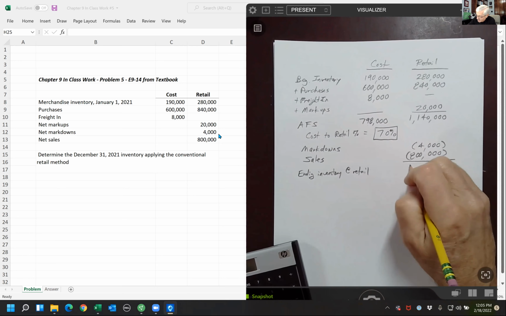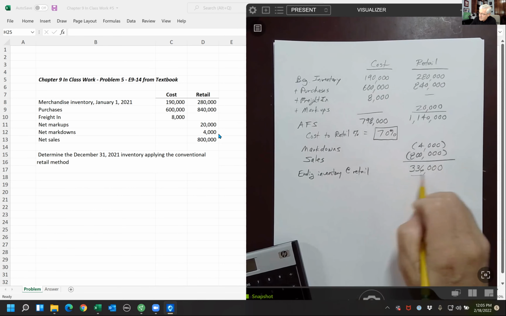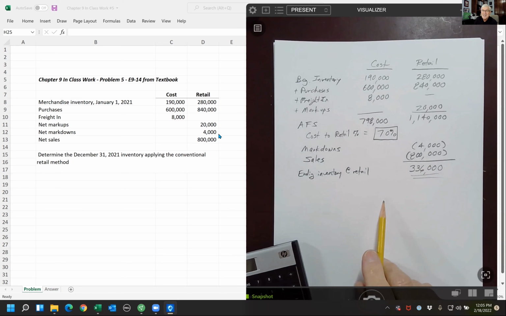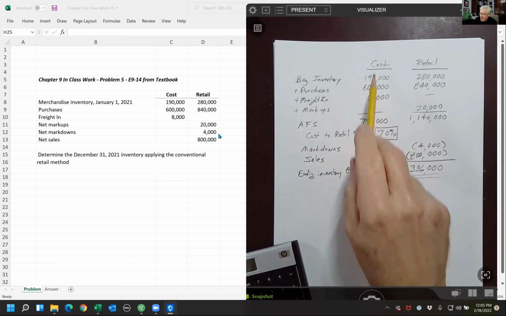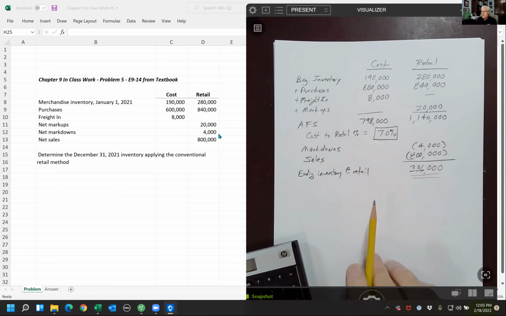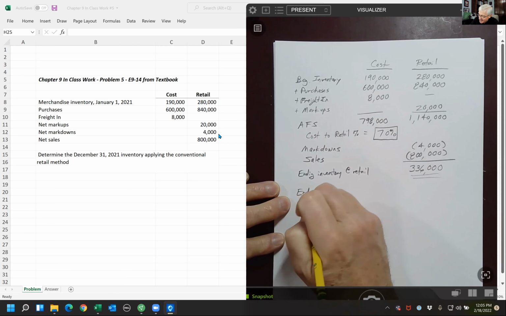I get to 336,000. So I know my ending inventory at retail. I don't keep it on the books at retail. I've got to keep it on my books at cost. But guess what I know from actual data? My cost to retail is 70%. So therefore, my inventory, and it is an estimate,